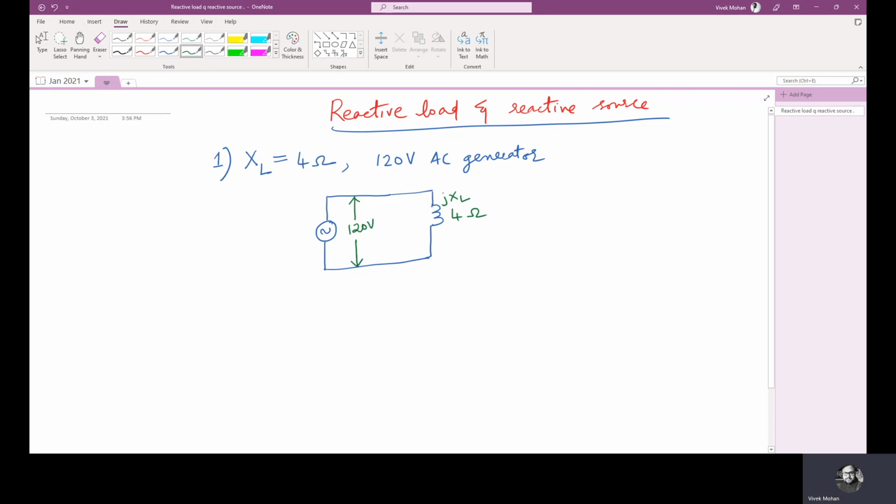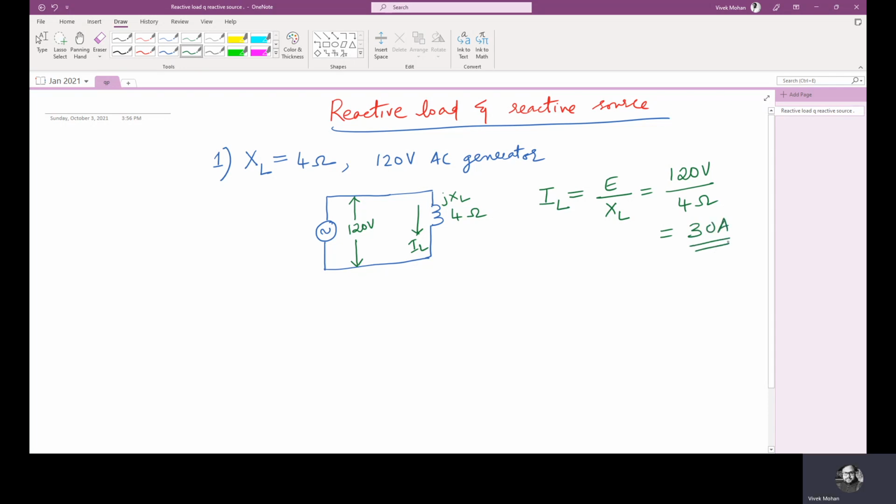Now this is 120 volt. You are asked to find the value of the current in the reactor. How to find the current in the reactor? Let me represent it by IL. Then IL equals E by XL, which is equal to 120 volt divided by 4 ohms, which is equal to